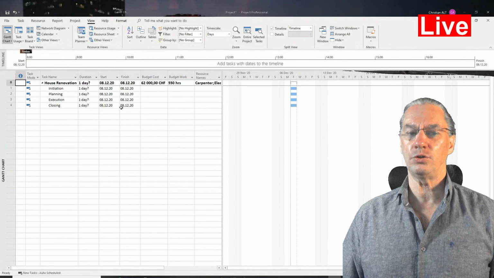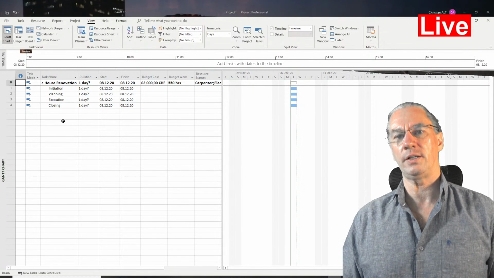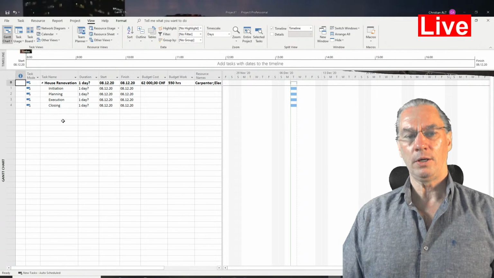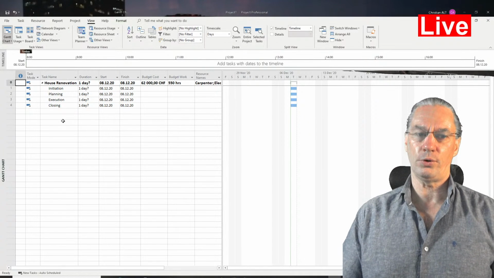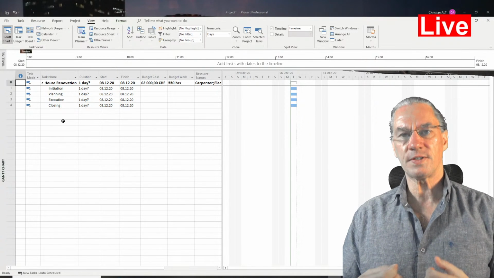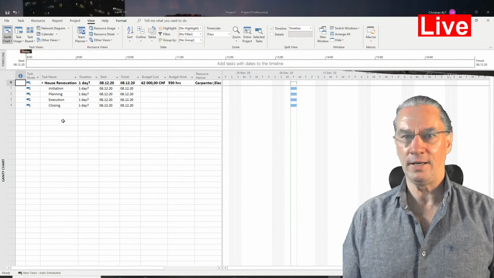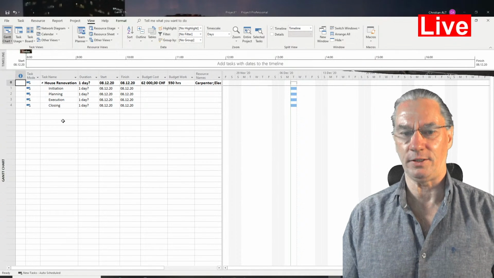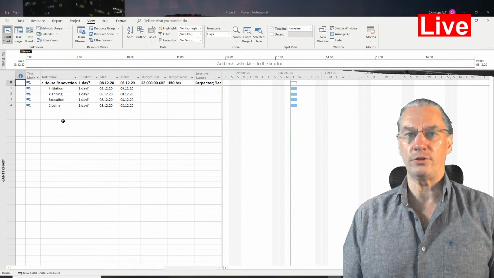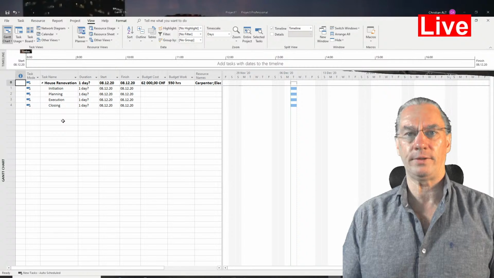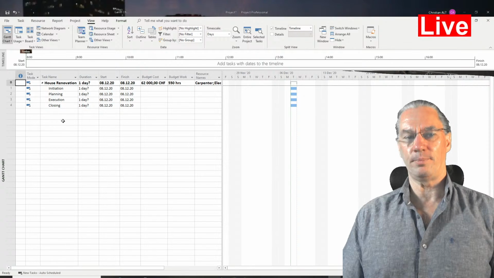And what is interesting to notice is that we didn't have to define all the details of all the activities. We didn't have to do any planning, any scheduling of those activities. We did some planning because the budget is part of planning and is an important part of planning. But at the actual stage where what we need to know is our budget, we don't really need to plan the details of the project. So we now have the budget.